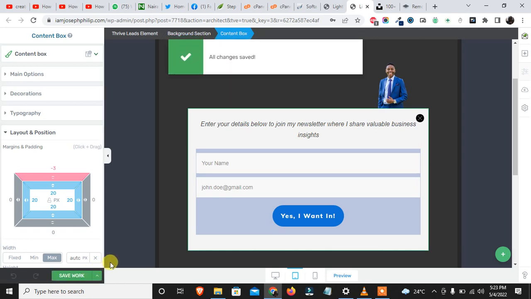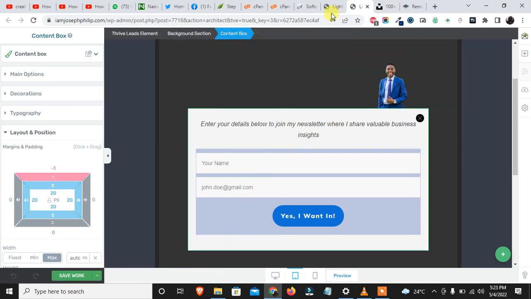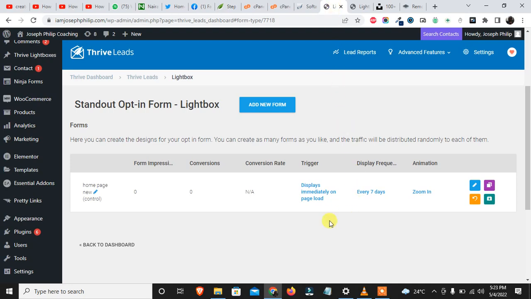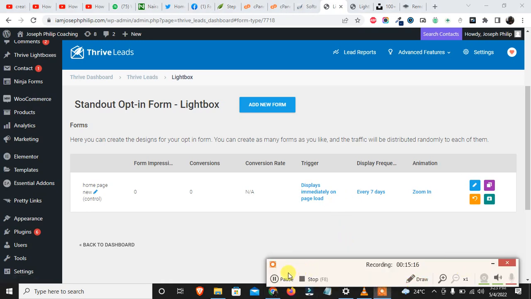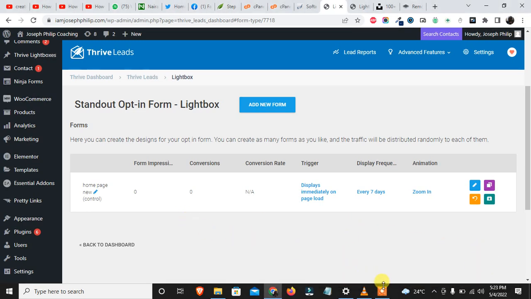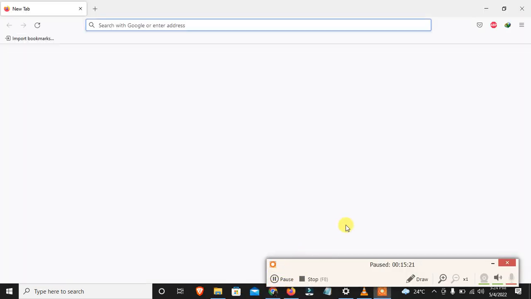So I'm going to test it on my. So let's go back. So this is it, it displays immediately on every page load every 7 days. So let me open a new browser and check it there. All right, so